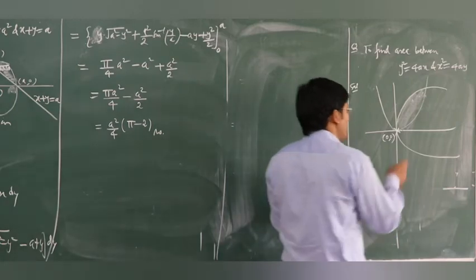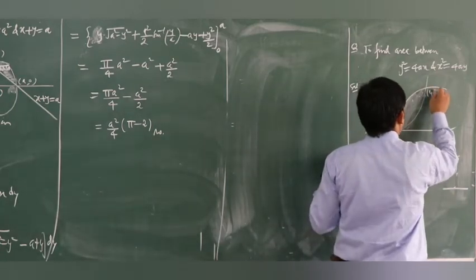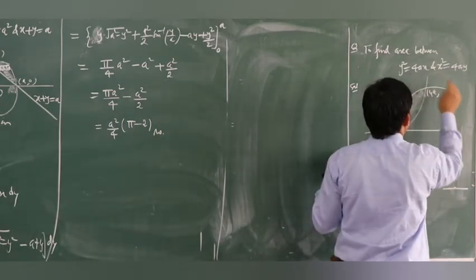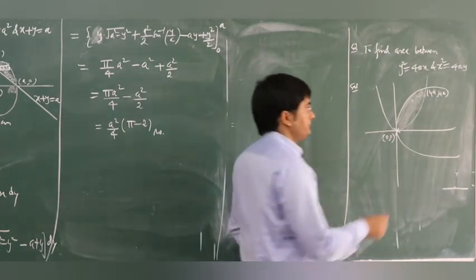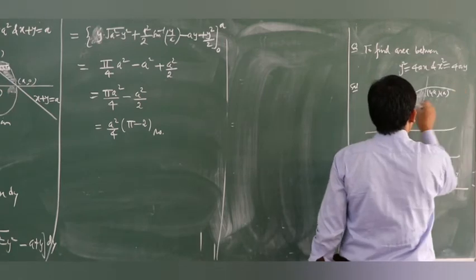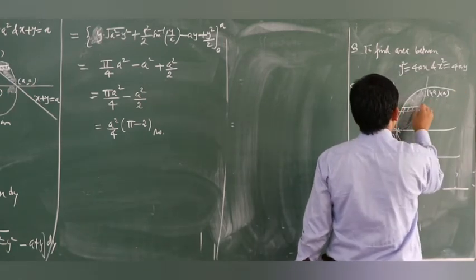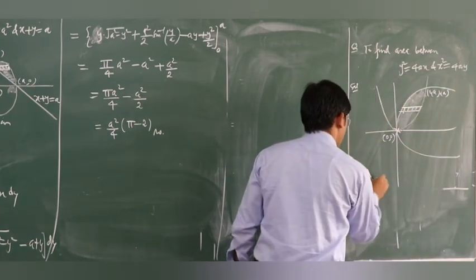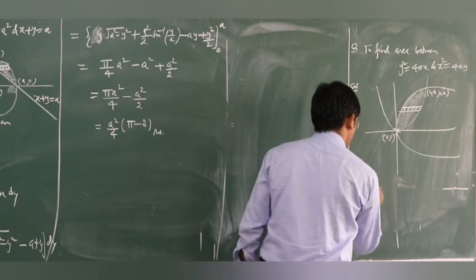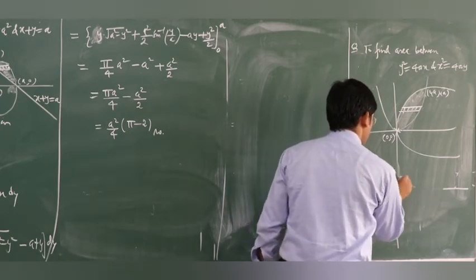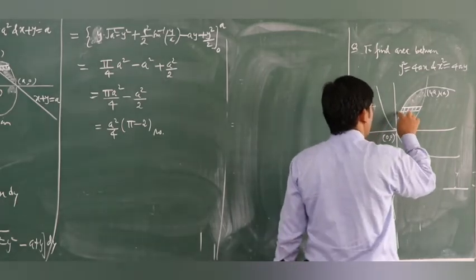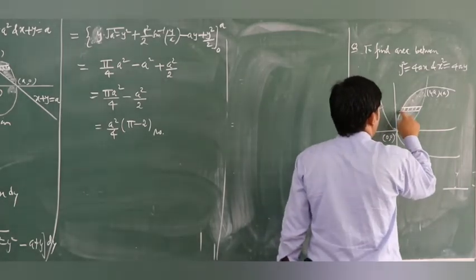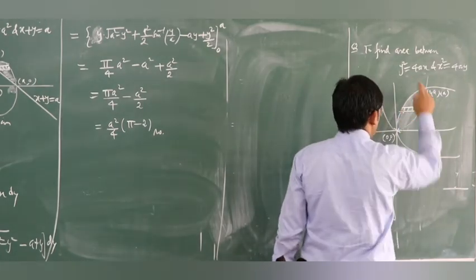So the intersection points will be (0, 0) and (4a, 4a), since if x is 4a, then again y is 4a. Now if you take the horizontal strip, then your area is equal to this shaded region, and for this shaded region, x will vary from, here, x equal to y square upon 4a,